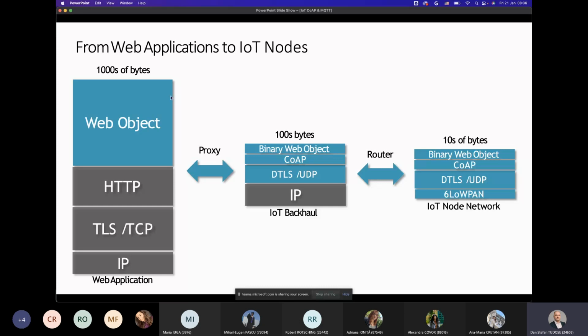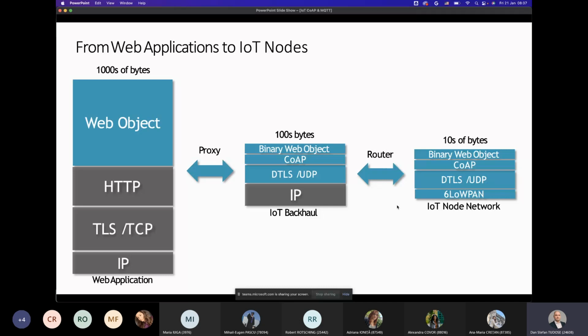So this saves you a lot of space for your packet. Then you have some CoAP data, DTLS, UDP data, of course, for the security part and the transport protocol, and then the IP. The IP part is pretty much unchanged. Now, if you want to transfer it to a sensor network, then you can compress it even further to maybe tens of bytes by getting rid of the IP part and replacing it with 6LoWPAN as an adaptation layer, as we discussed in the previous lectures.